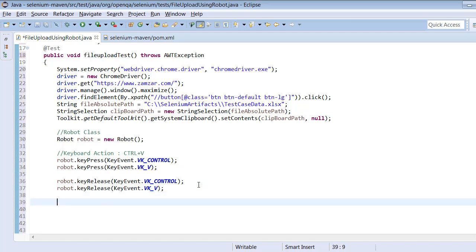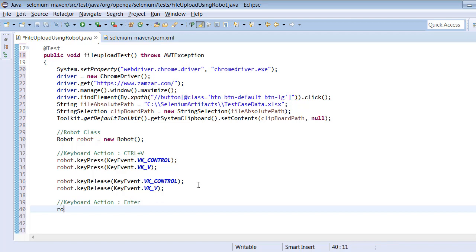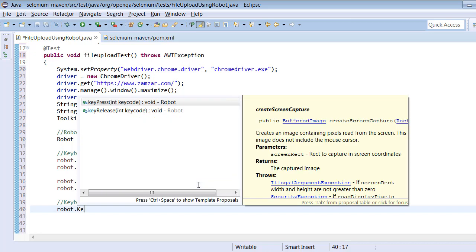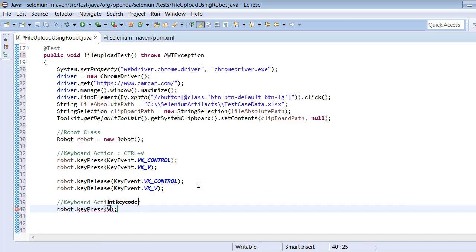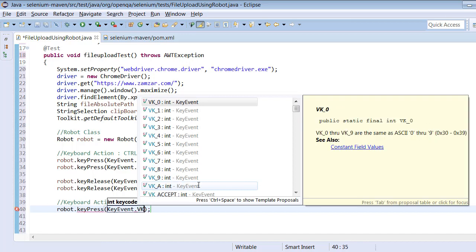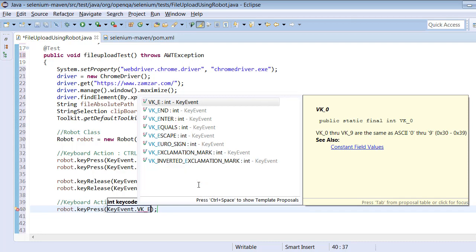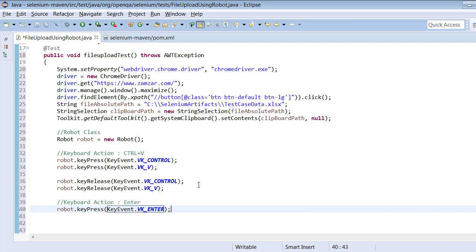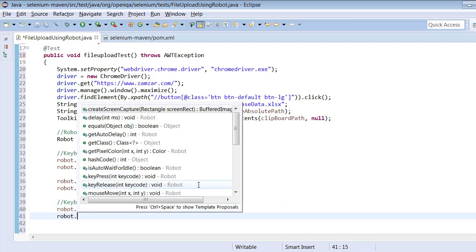Then the next keyboard action is enter. In order to achieve keyboard action enter, again same process, robot dot key press, key event dot VK, then you can say enter. Then afterwards you have to release.